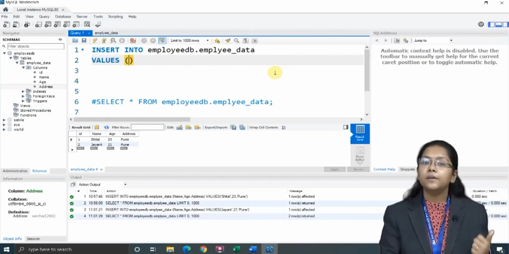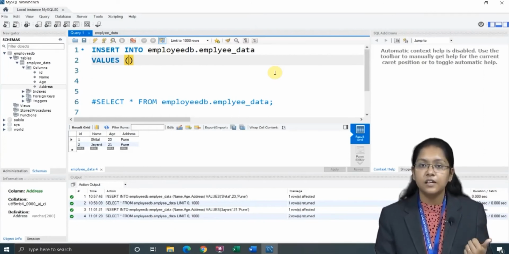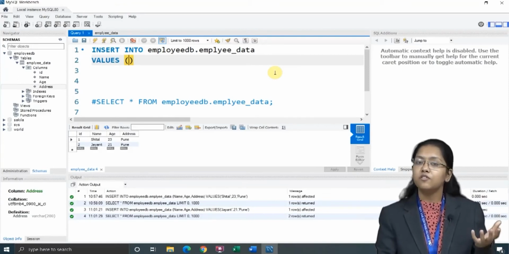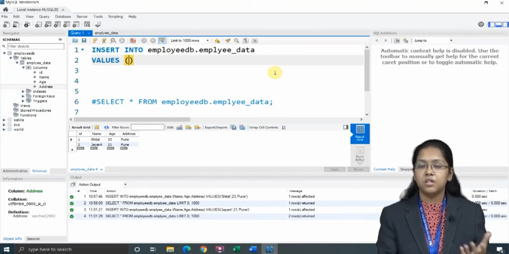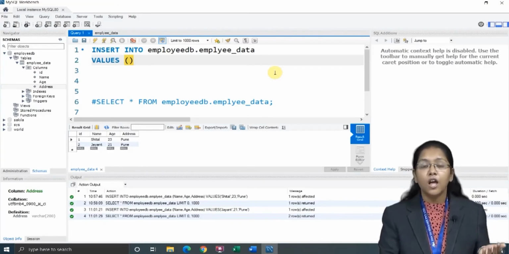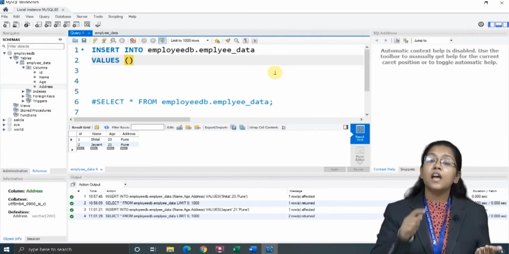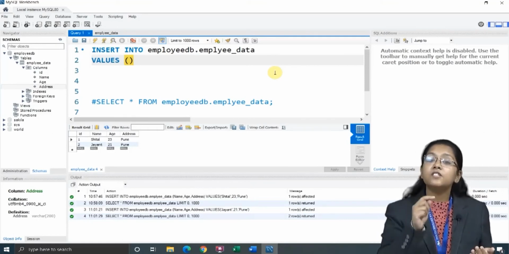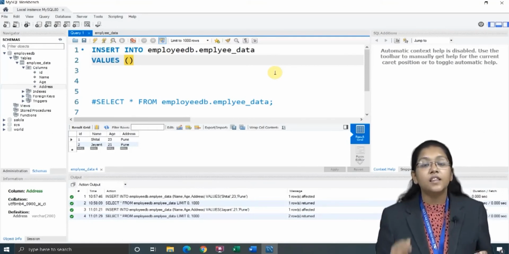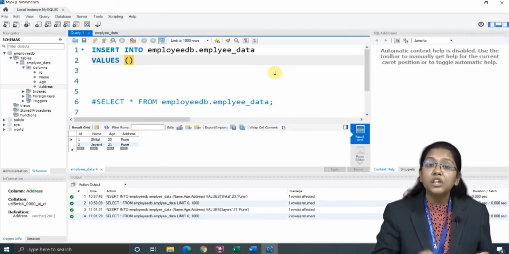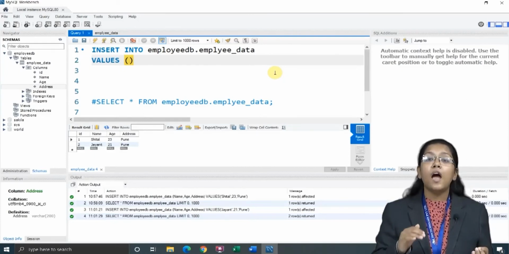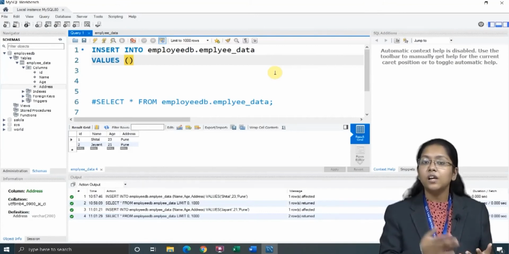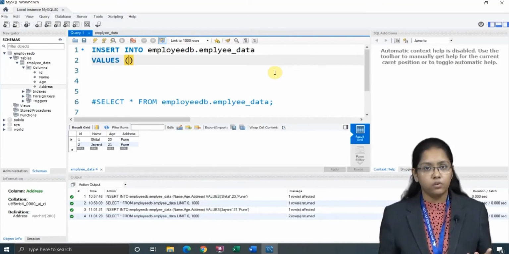In the previous syntax we considered that id is auto incremented, and there was no need to specify the id, because there we specified the columns, and that's the reason there was no need to add the id. It was automatically taken as auto incremented.